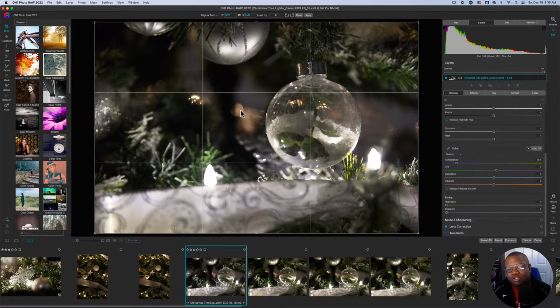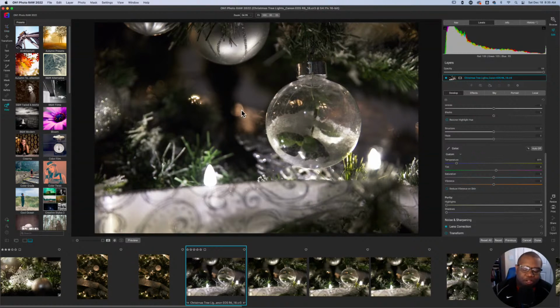These are the kind of shots, if you are into stock photography or any sort of graphic design photography, that they tell a story, but they also leave plenty of space for text. Now, I do have an idea of what I'm going to do with this image, which is why I shot it the way that it is. I have a little piece of text that I'm going to put here